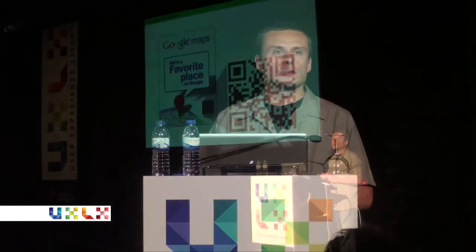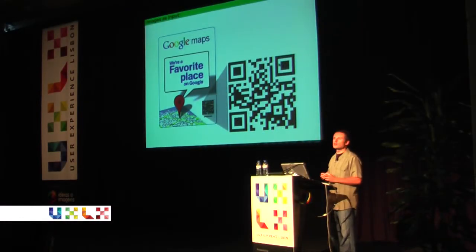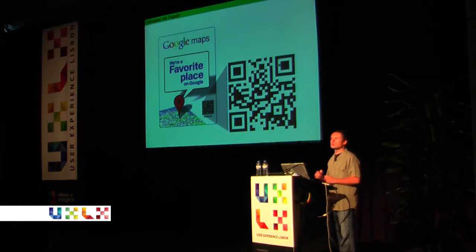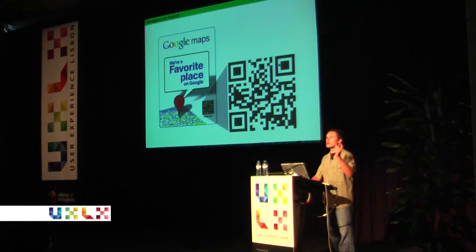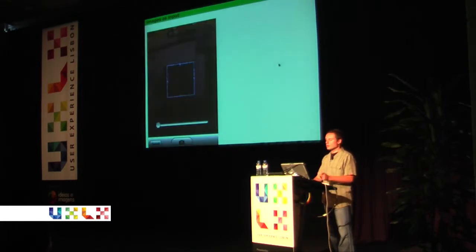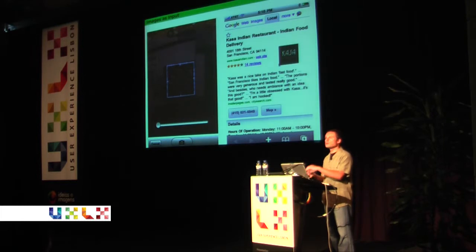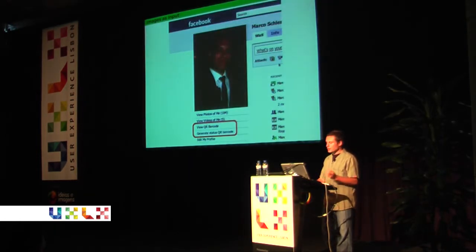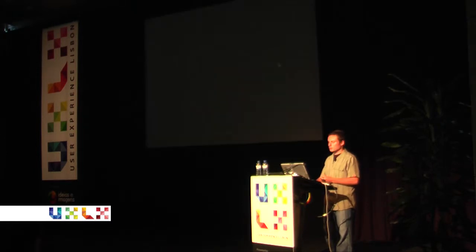So it's taking a lot of different forms of visual input and doing stuff. In fact, Google has not only started allowing you to interact with those objects, they've started placing these codes in the United States and in other areas around the world on locations. So when you find one of these Google codes on a restaurant or a building, you can again point your camera at it, and it comes back with: here's the menu, here's the ratings and reviews, here's the phone number, make a reservation right now. That becomes very interesting. And Facebook has started experimenting with these QR codes on people. TBD what they're actually going to do there. But I'll show you another example.